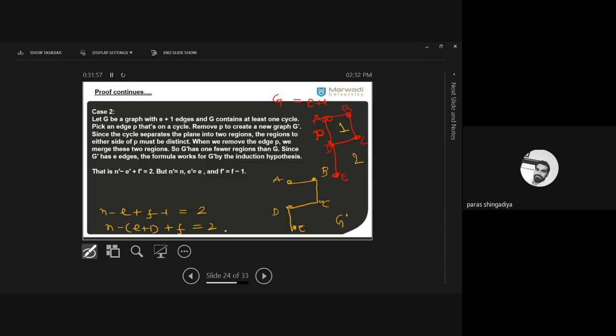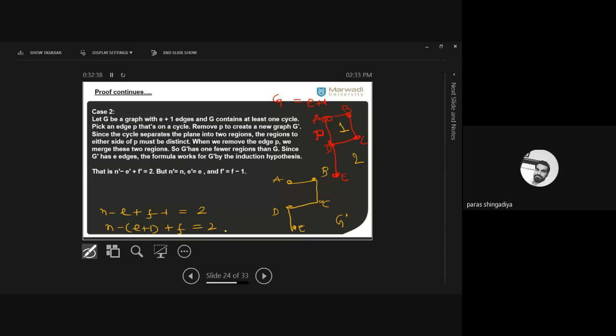तो कंसिडर दैट वन ऑफ द ग्राफ। ठीक है, और ये ग्राफ कंपलसरी मेंशन करना जरूरी नहीं है यहाँ पे, दैट इज फॉर आवर अंडरस्टैंडिंग हाउ वी कैन कंपेयर इट। सो कंसिडर वन साइकिल, उसमें से कोई एक एज डिफाइन करो, विच इज नोन एज P, देन आफ्टर डिलीट इट एंड गेट a new graph G dash. Clear? And as we started by considering E plus 1 edges, so now we remove the P, so G dash has E edges, and then apply your supposition there. ठीक है, वहां पे आपको सपोजिशन अप्लाई करना है कि एज पर आवर सपोजिशन G dash satisfies the Euler formula, and as we consider G dash notation, so we use the formula n dash minus e dash plus f dash is equal to 2.